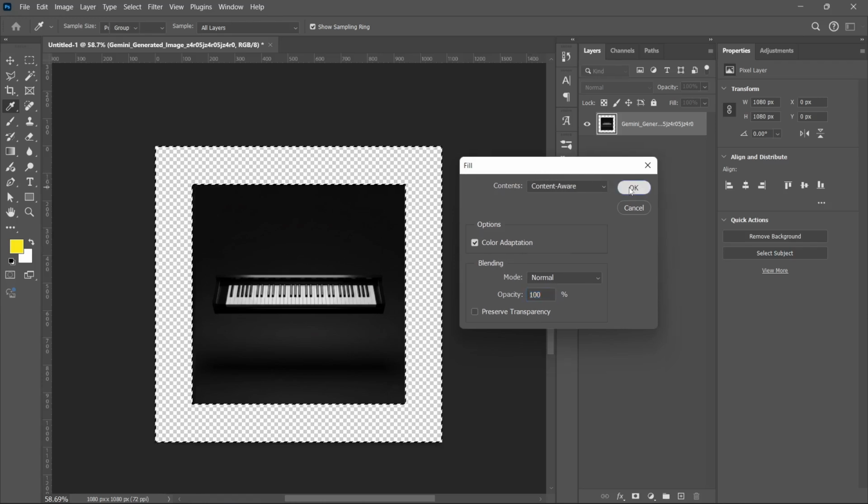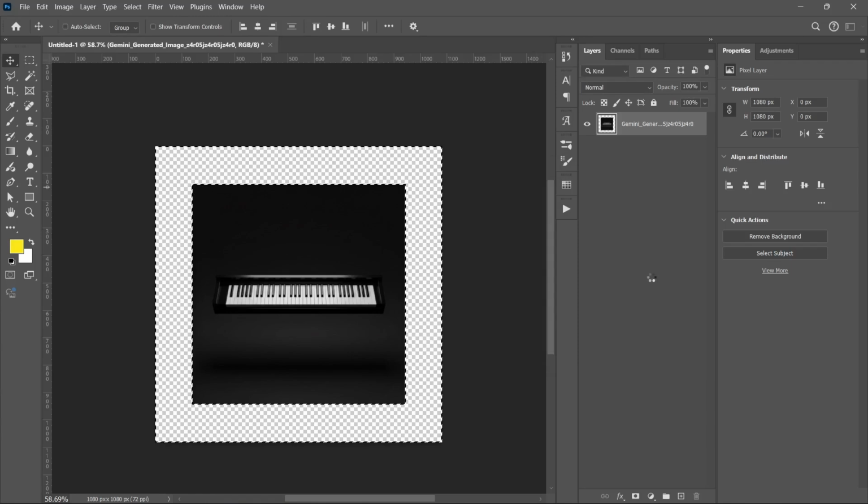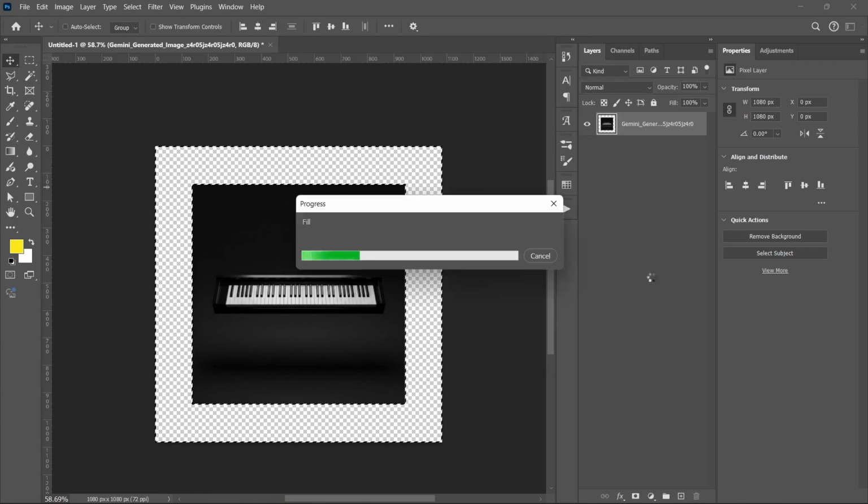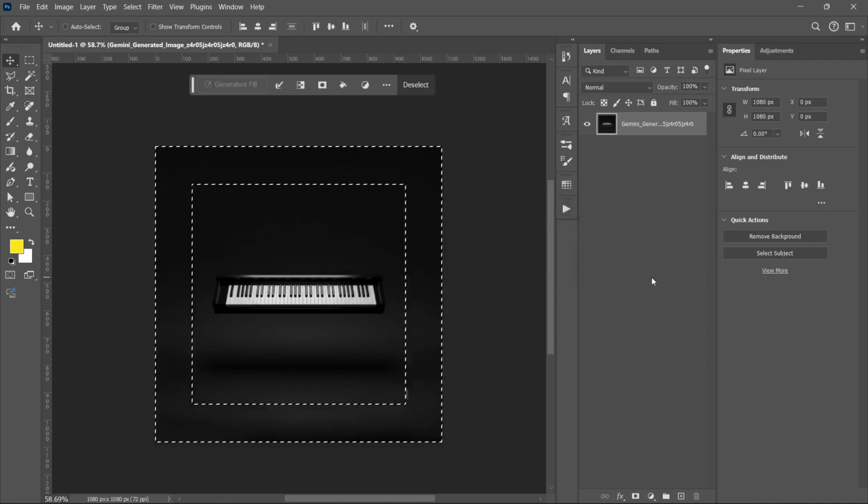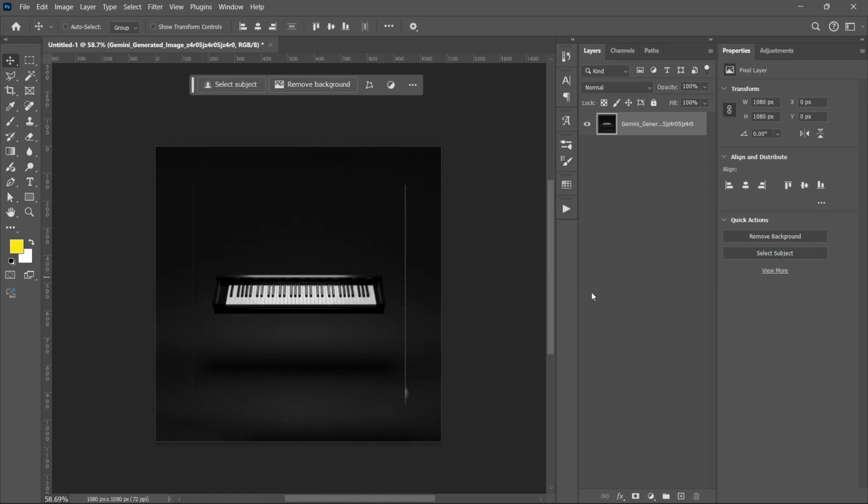So I'm going to use my content aware fill right now to fill in the gap, fill in the gap. Right, so you can see the magic that just happened right now, but I made a mistake, so I'm going